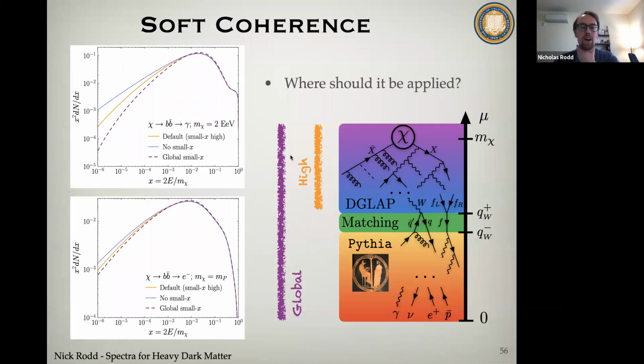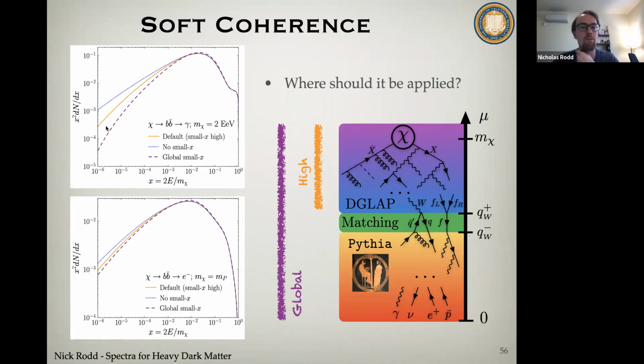So then the question is, when we do this correction, should we do it to our full results? If we do that, we're certainly overestimating the size of soft coherence because we're double counting it at the low scale. Or should we just do this trick to the high scale before we glue it with the other things? Or do we not do it at all? This can give us some range of results.